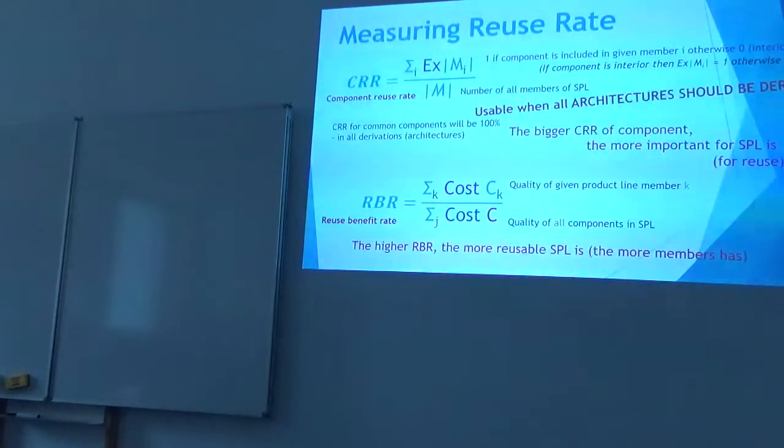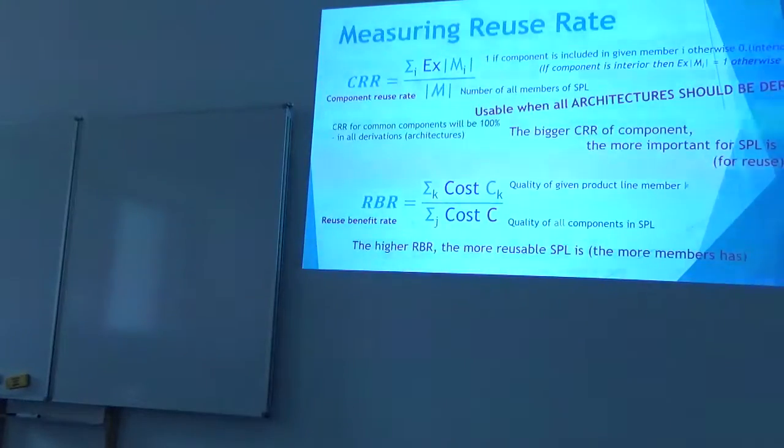And mainly how to measure reuse. We have the metrics which can be used to measure reuse for the whole software product line. The first one is the most beneficial when we generate all possible derivations from our software product line, and maybe in the sense of architecture, when we not only focus, as I do, on low-level variability inside the code of a given programming language, but compose whole components written in many languages and so on,